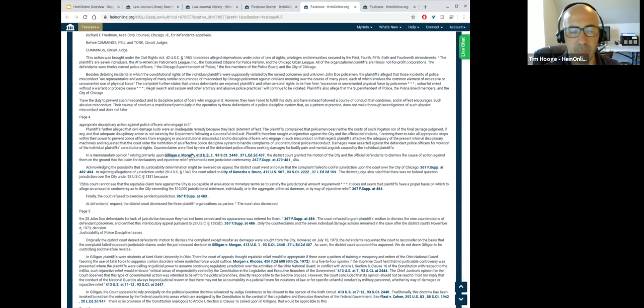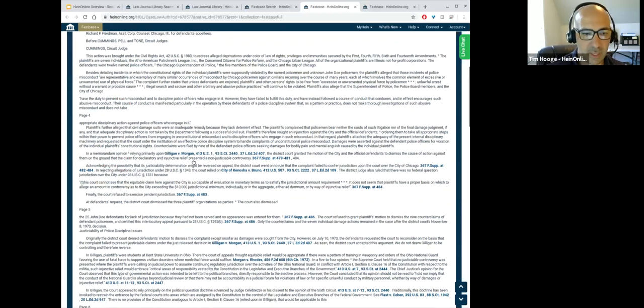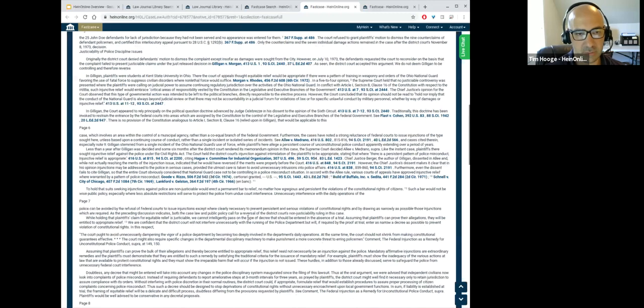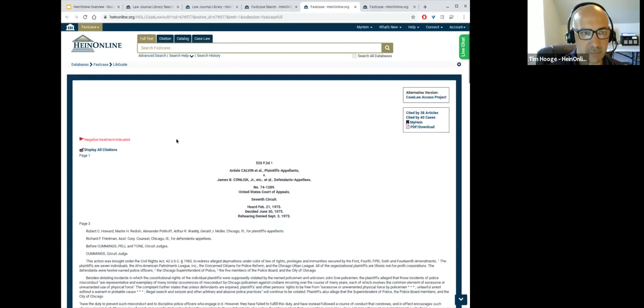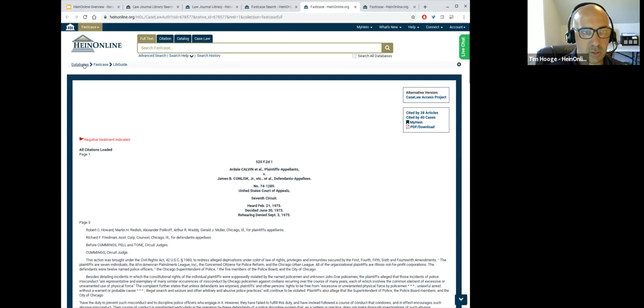All the case information, the sites are highlighted. So if we want to see what cases this particular judge has cited, we can jump over and see those as well. And it prints to PDF just as beautifully as all the other material available in HeinOnline.